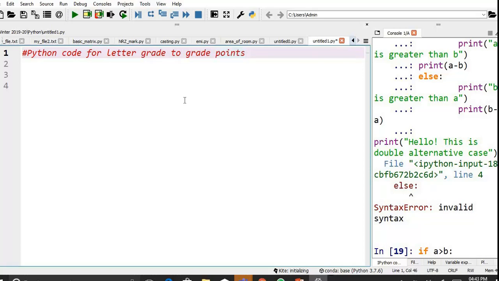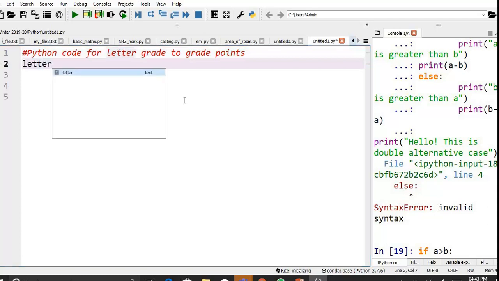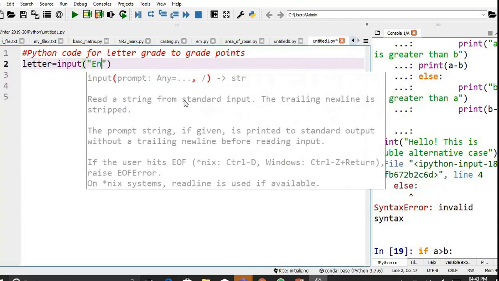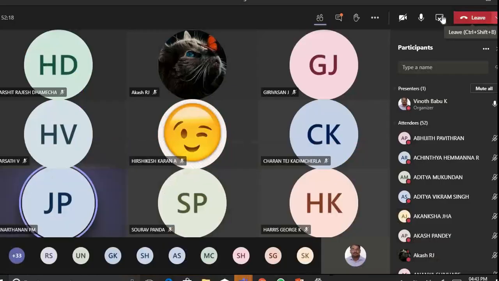First we need to get the input. Let me use the variable name letter, equal to input, enter the letter grade. Let me share the screen.